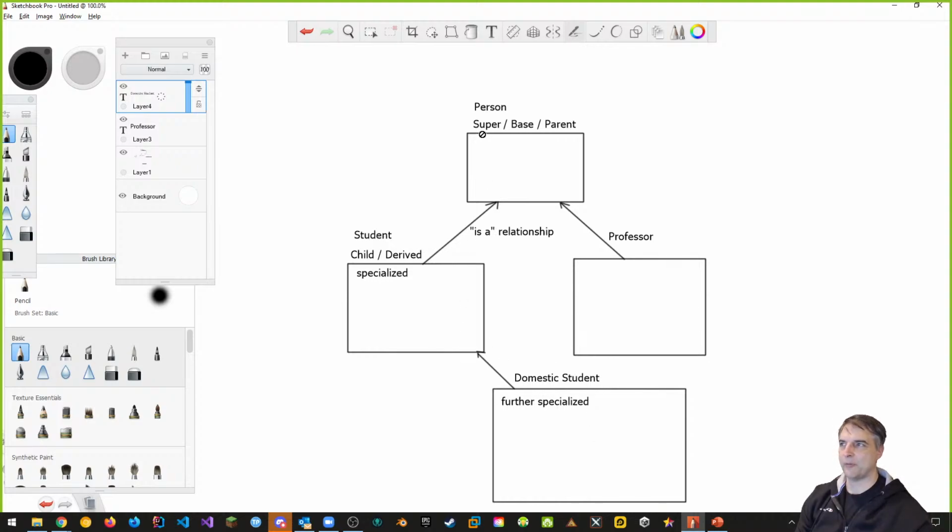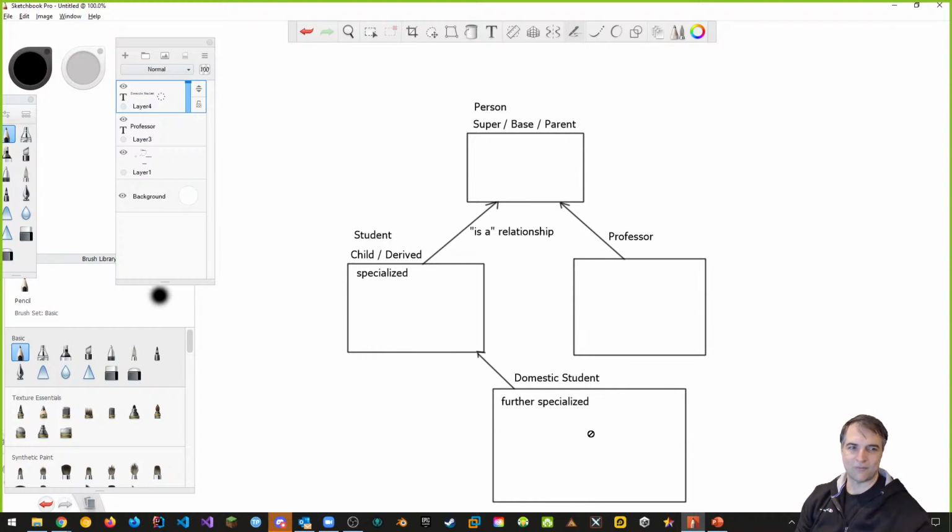And so here's the example. My person class is the parent. My student class is the child, right? The student class is bigger than the parent class because it has everything that the parent class had and then some. And then when we inherit from student and we make a specialized form of student, the domestic student or maybe international student as an example, then we're further specialized and it's even bigger. It has a bigger memory footprint. And this is great as an example for